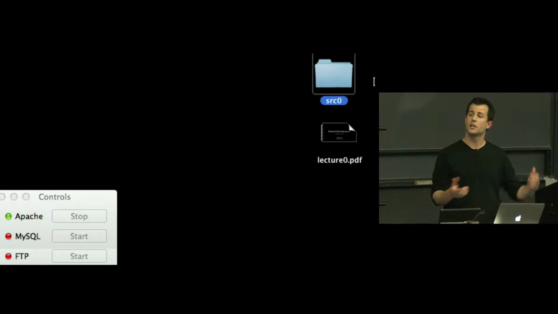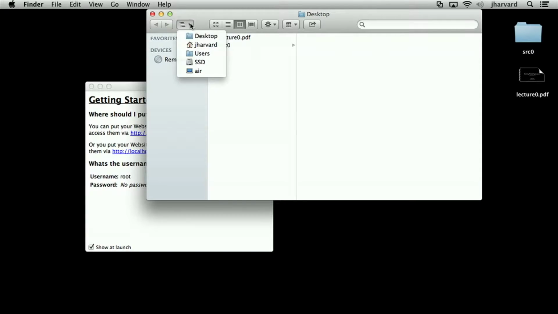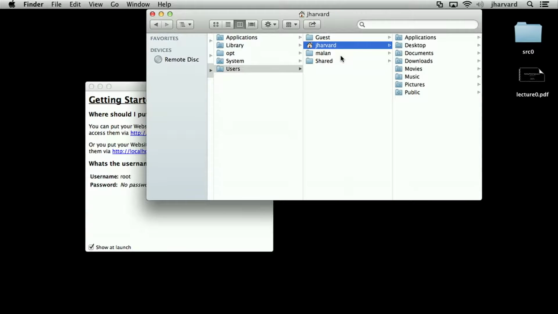And in there is all of tonight's examples in advance in case we want to pull up something that's been pre-written. And what I'm going to do now, for those less familiar, actually, I'm going to do this the easy way. I'm going to open up my Finder. I'm going to go ahead and find my own personal jharvard directory. And I'm going to create in this directory